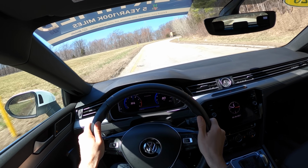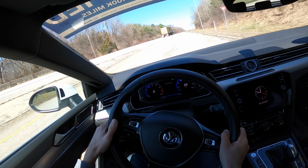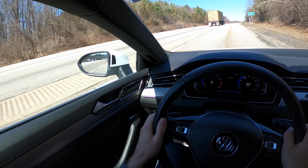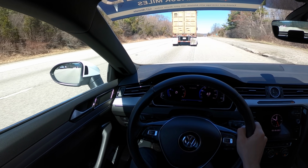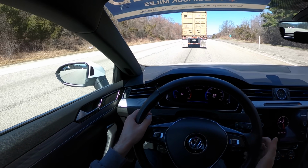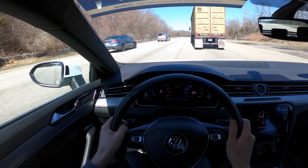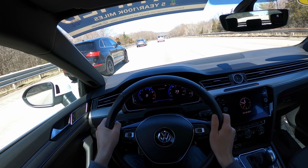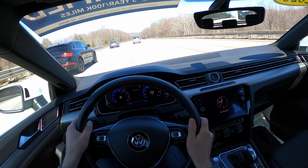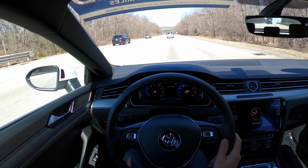This is great. Nice brakes. Very easy to drive. And we got to get ahead of this truck. Let's see how this torque is. It's enough to save your life. That's all you need. So yeah, maybe in its segment, it's not going to be the fastest car, but I